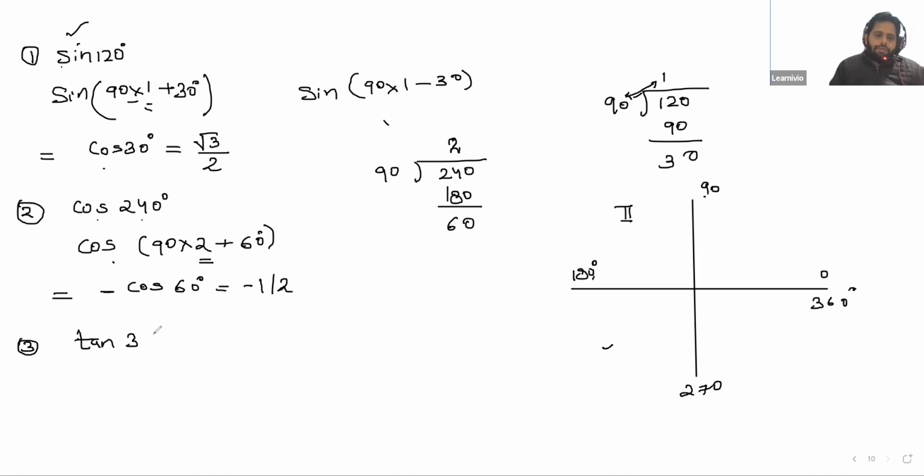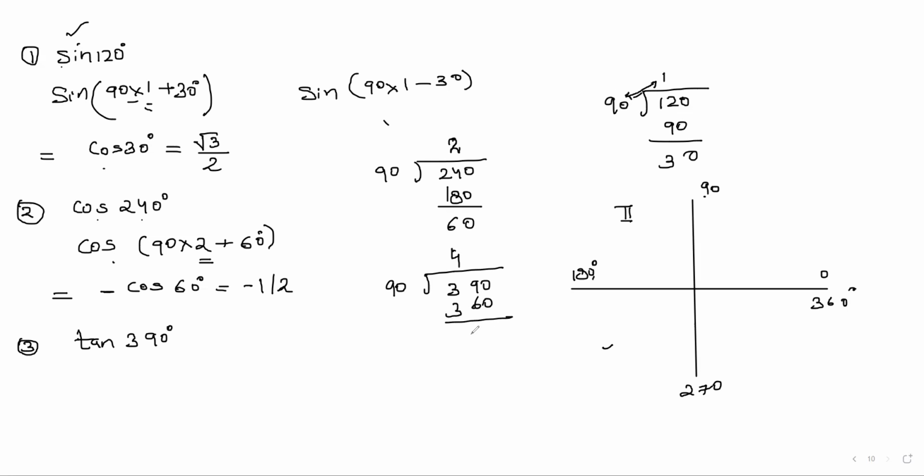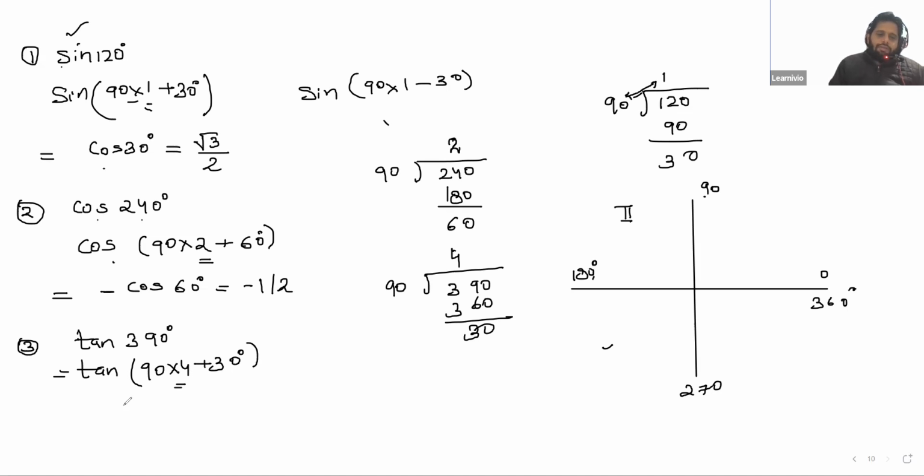We will take one more example. For example, tan 390. Okay, 390. Divide this with 90. Noma कितना आएगा यहाँ? 4. So 360. Remainder is 30. So we will write this as tan 90 into 4 plus 30. Okay. So Noma, this is even number. So tan will change into... सर tan ही रहेगा। tan ही होगा, बिल्कुल tan 30।